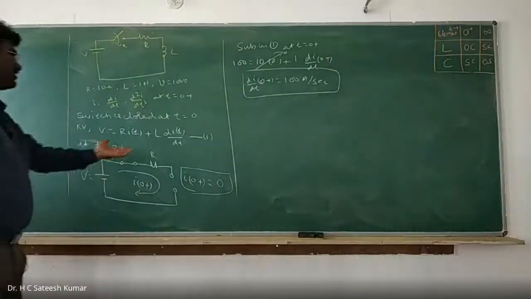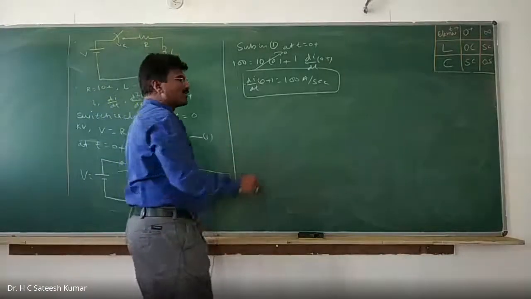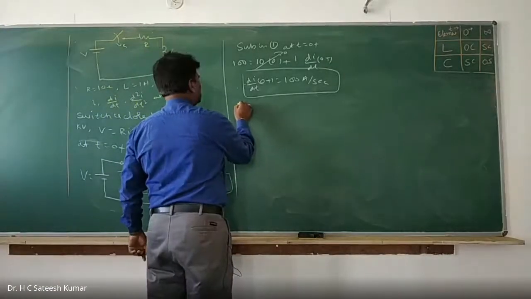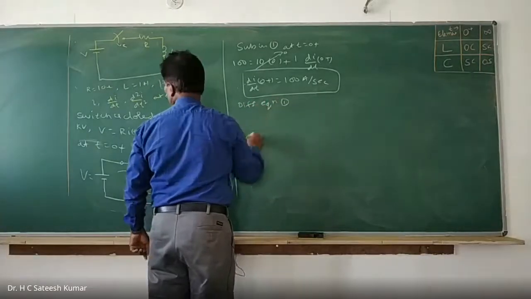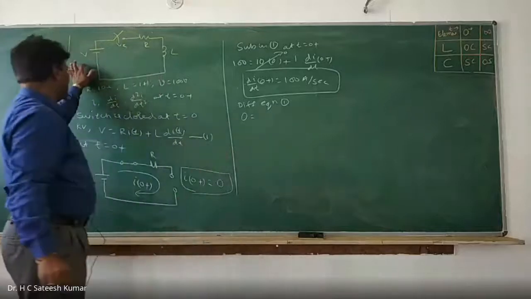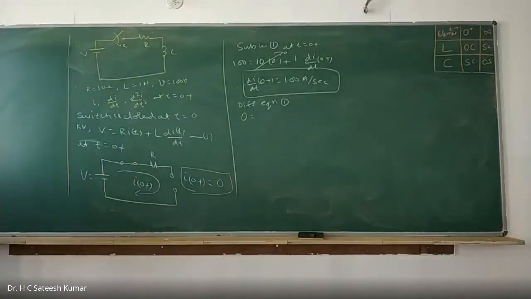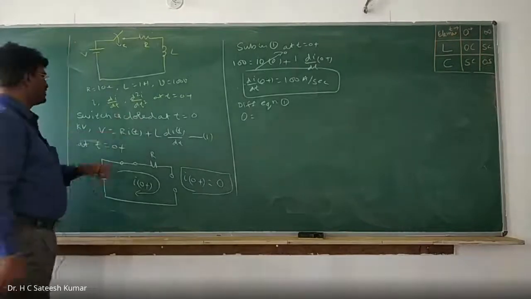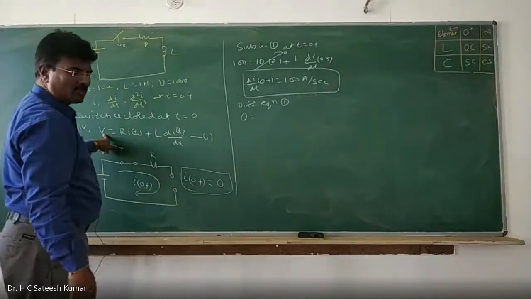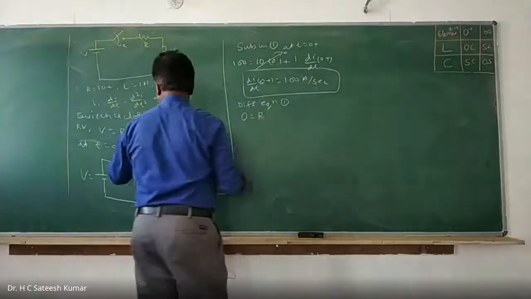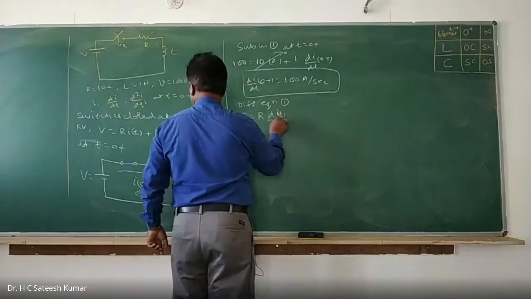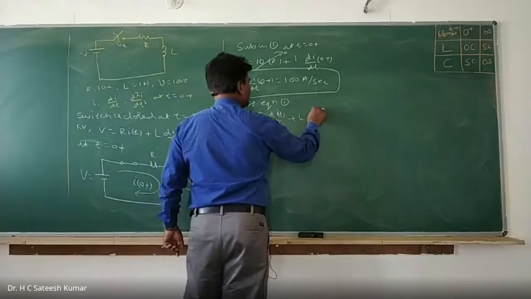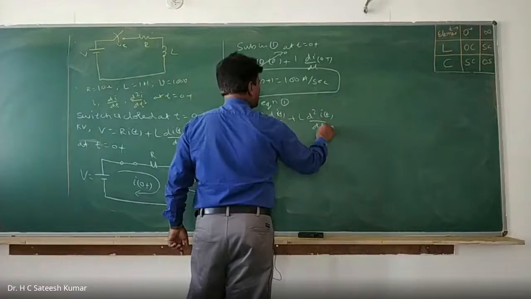Now you differentiate equation 1 and substitute once again, you will get 3 more marks. 10 marks you will get in total. So differentiating equation 1, what will you get? V is constant. It is not V of t, it is V. So V of t is time dependent, but V is constant. Therefore, differentiating a constant gives 0, plus R into, but it's not i, this is i of t. It is varying with respect to time. R into di of t divided by dt plus L into d squared i of t divided by dt square.